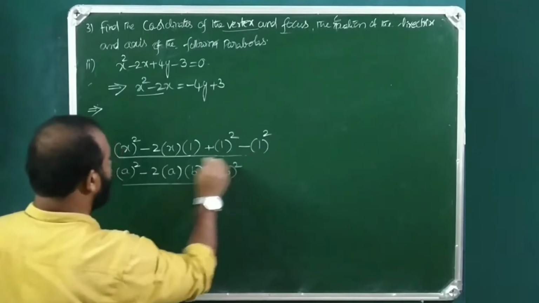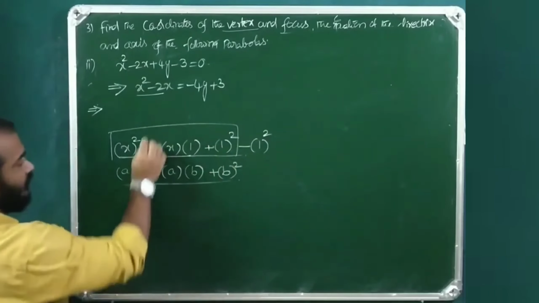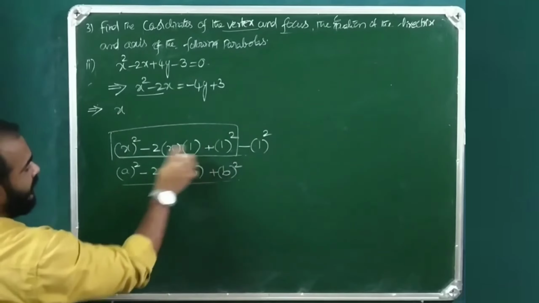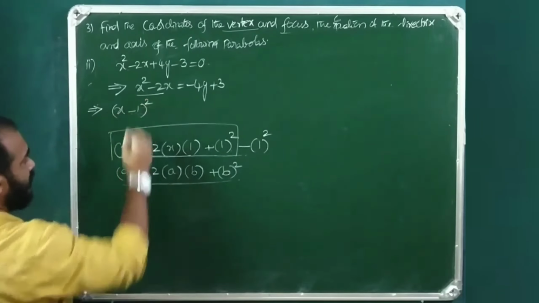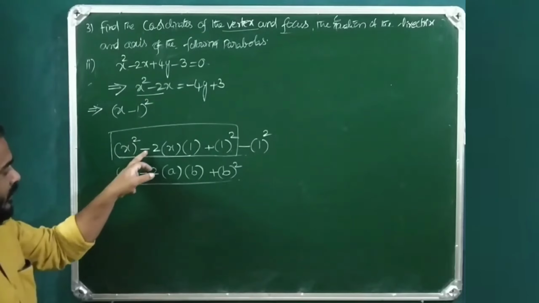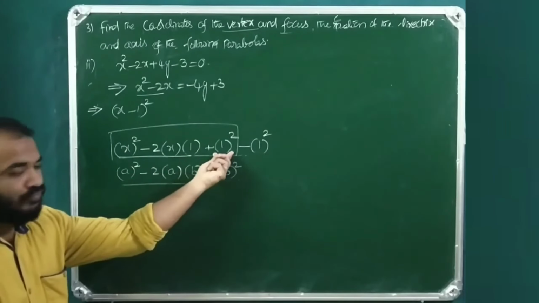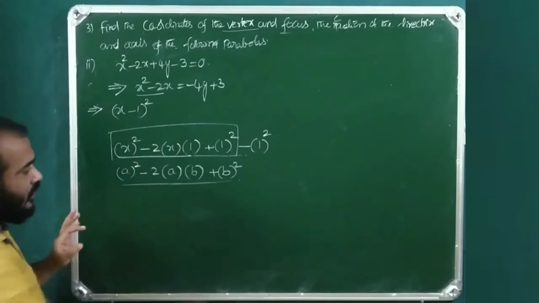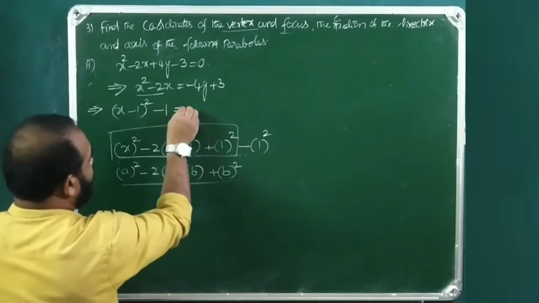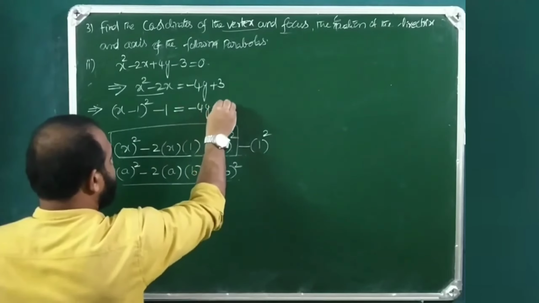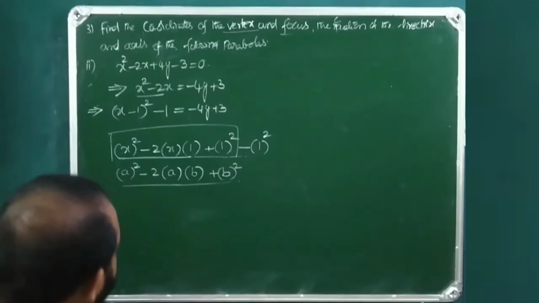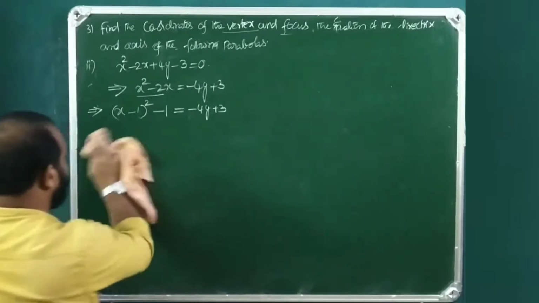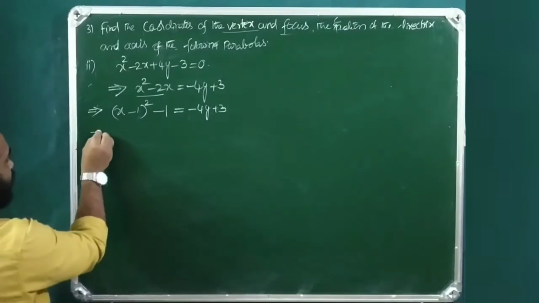So, this is equal to how much then? This is x minus, this is how much? x minus 1 whole square, because this is a square minus 2ab plus b square. This is a is x, b is 1. So, x minus 1 whole square minus 1 equals minus 4y plus 3. This is equal to x minus 1 whole square